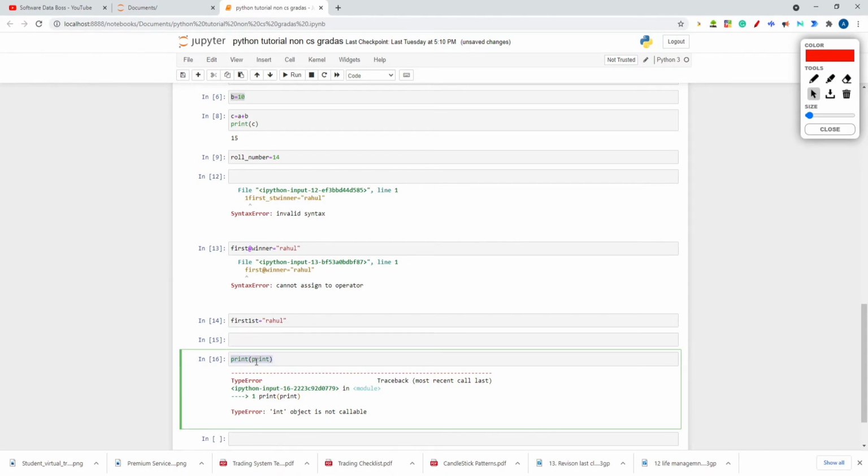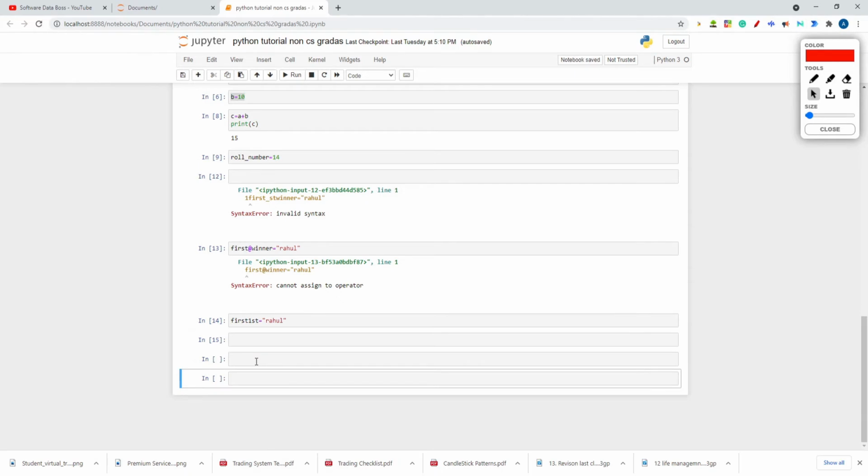Now I will tell you. In every programming language, whether it's Python or C++ or any other, there are certain keywords that are defined for particular purposes. So you should not use those keywords as a variable name. So let's see the list of what we can't use.